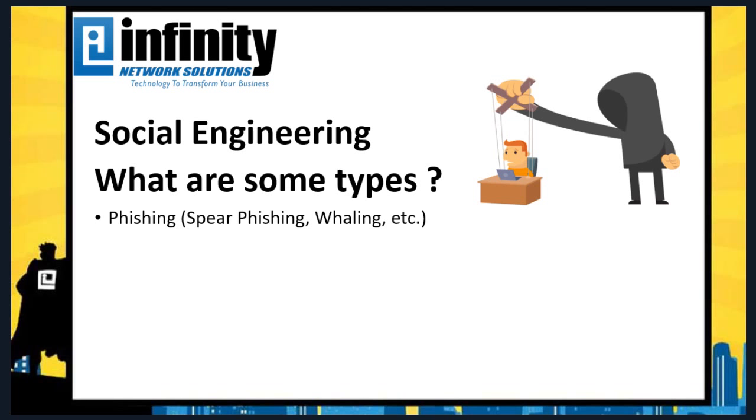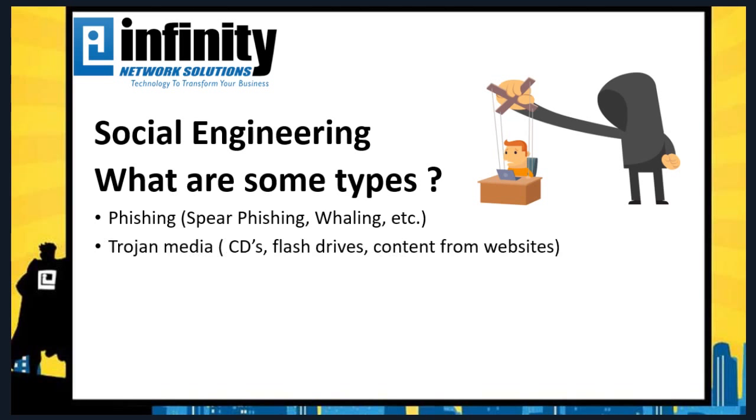They may be wanting to get your passwords. They may be wanting to get social security numbers. It may be something as simple as a way to open a back door into your machine. Some of these attempts can be very specific. They can be targeted specifically to the CEO of your company, a way of whaling where they're going after the big fish in your environment. Or they can be an email from your CEO to you, somehow spoofing his or her email address to make you think it's from that person, and having you click on links. The whole object is to make you do something: make a call, click a link, give up information.